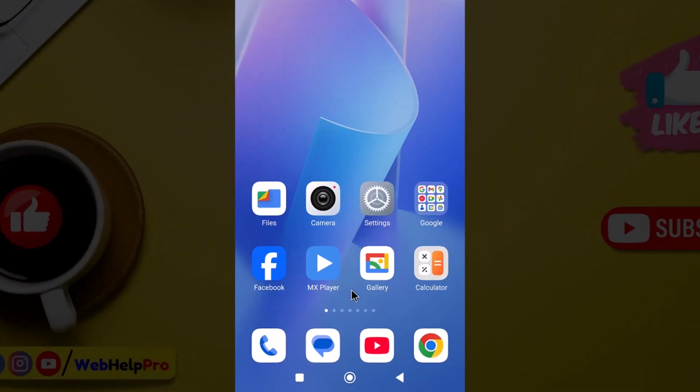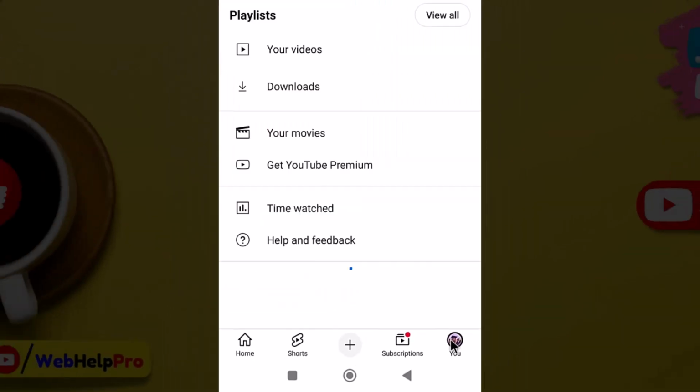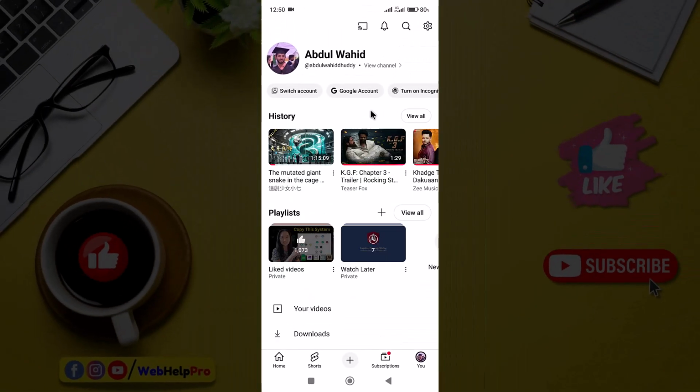So first of all, open YouTube. Now click on the profile icon. Before we move forward, make sure that you are logged into the account that you are using while you watch those videos, because YouTube keeps track of the watch history inside our account. So make sure to log into your account first and then click on this profile icon and you will reach